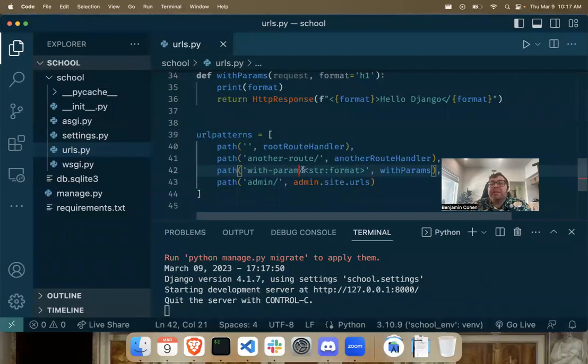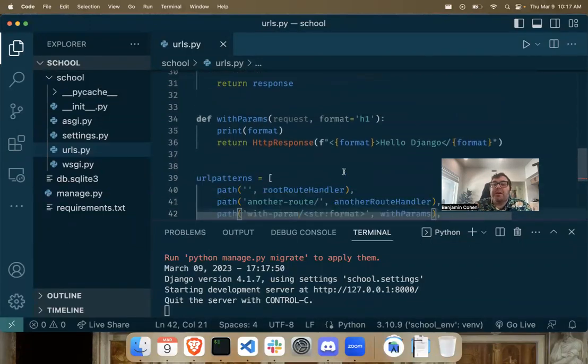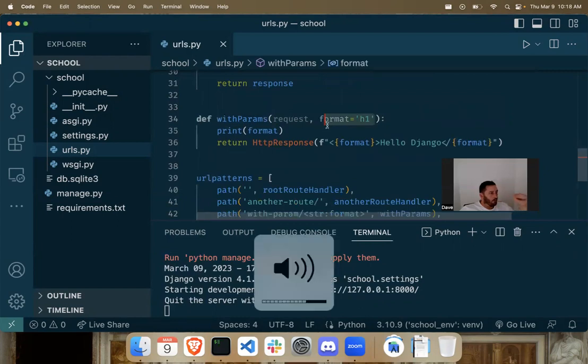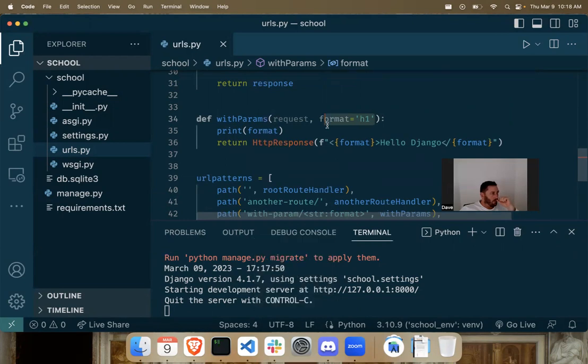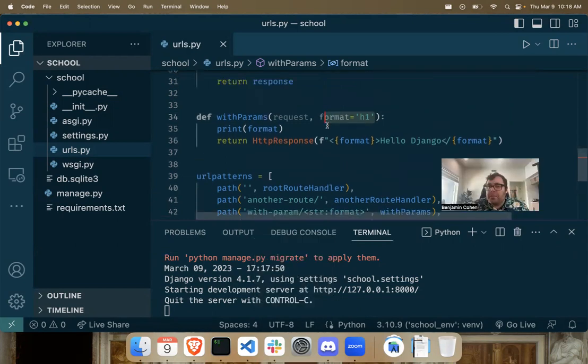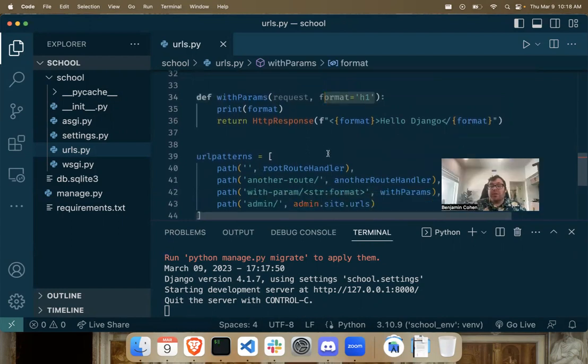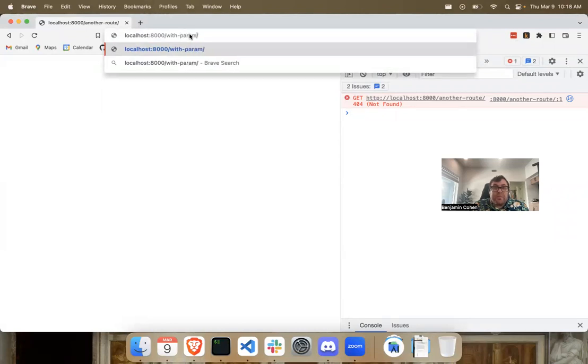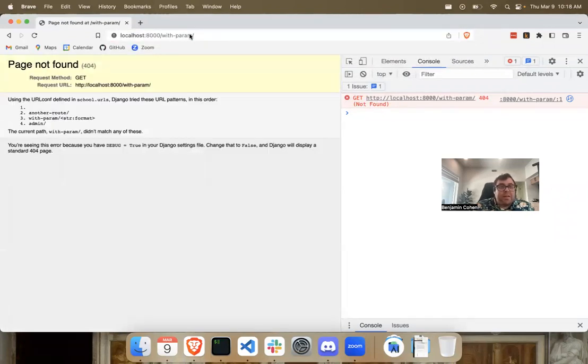We have with route slash string format, and we see here that it's going to grab that format. And if that format is empty, with route. What was that? Yeah, with params, not with route. What? If you type in your URL with route, it's not going to work because you're. Oh, because I called it with param. Yeah, good point. With param. Very good. So if I type with param now,